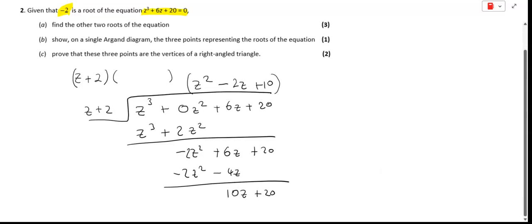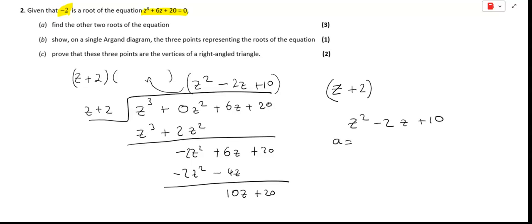And then this is our bracket, which goes in here. And we need to factorize or solve that. We can see that this is a complex question, so it's not going to factorize. Let's use the quadratic formula to solve this. So we've got z squared minus 2z plus 10. a is 1, b is minus 2, and c is 10. So minus b plus or minus the square root of b squared minus 4ac